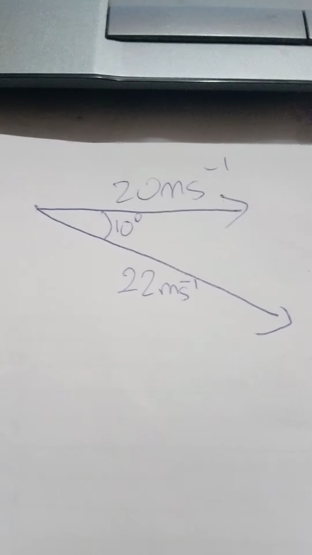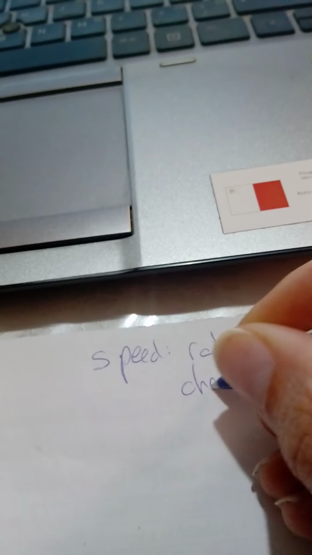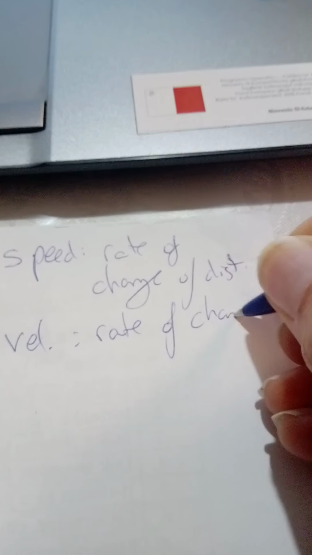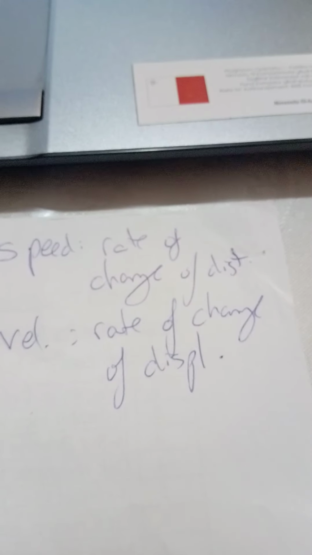Distinguish between speed and velocity should be simple enough. You just say that speed is rate of change of distance, while velocity, rate of change of displacement. Then, part 2,